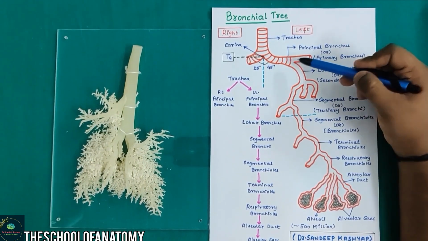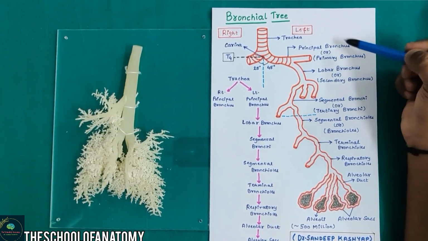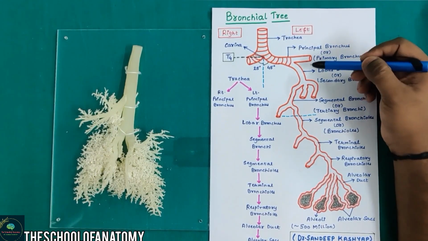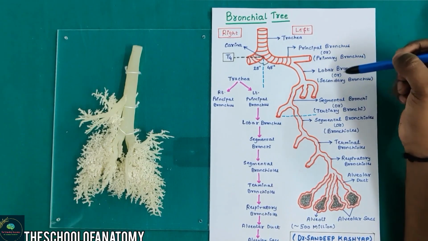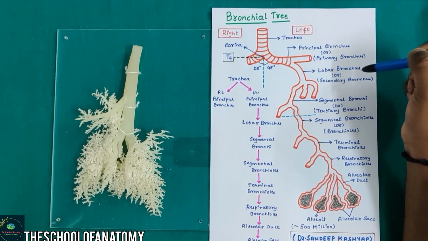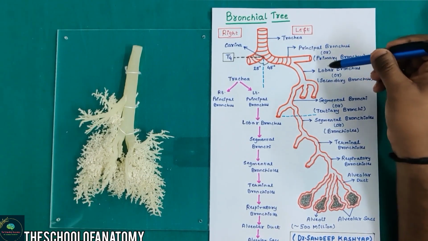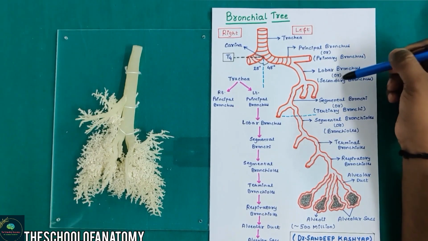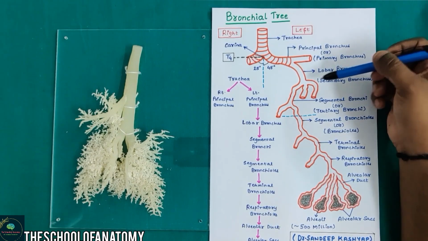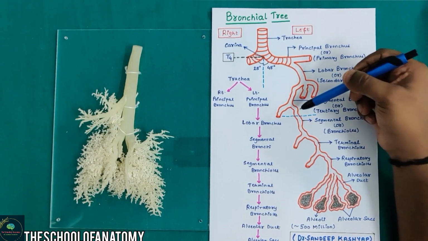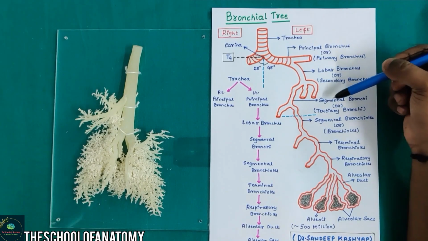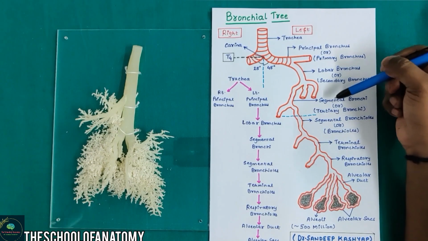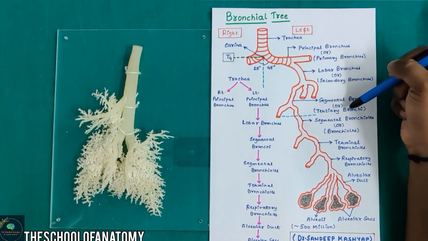Moving forward, let's discuss the principal bronchus or the primary bronchus. The principal or the primary bronchus gets divided even further, and then it enters into the various lobes of the lungs. Okay, these branches which enter various lobes are called the lobar bronchi or the secondary bronchi. These secondary bronchi get further divided, and these divisional branches enter the various segments of the lung. These branches are now called the segmental bronchi or the tertiary bronchi.